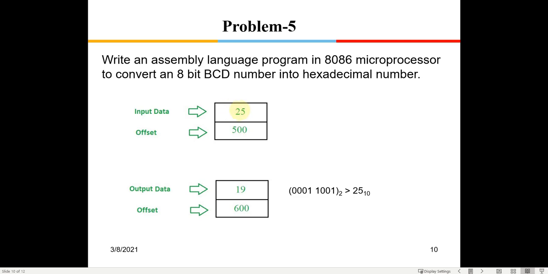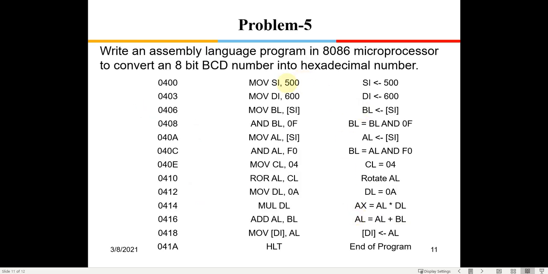Because this is BCD representation, where the weightage for 2 is 10 and for 5 the weightage is 1, the units place and the tens place, right? We just have to convert it to simple binary. So we just have to get that 2 below and then do the addition. That will give me this binary. It is a simple technique.